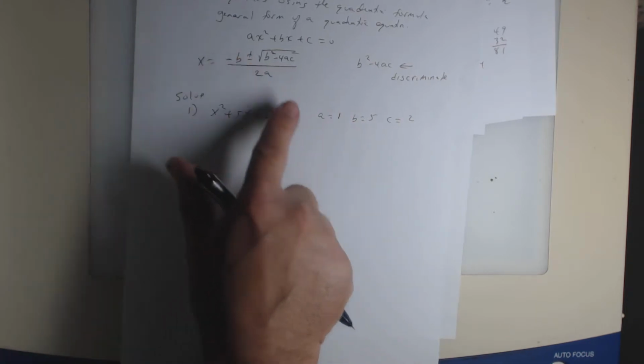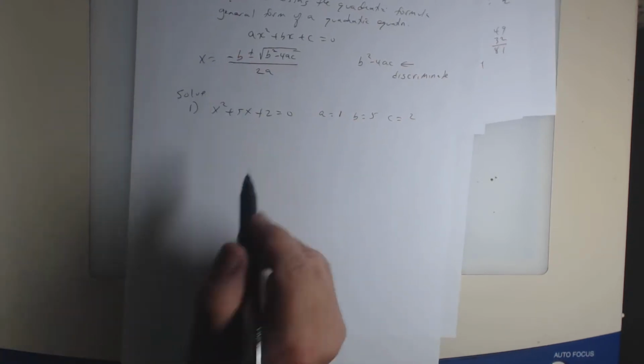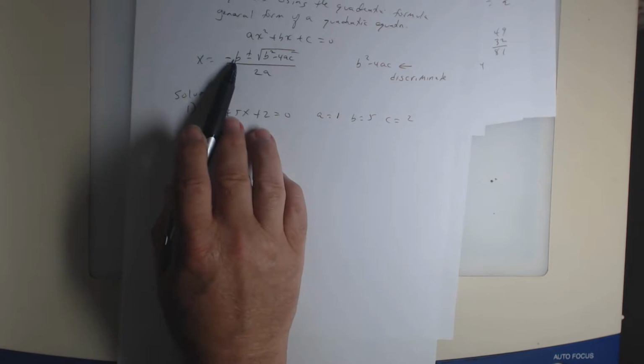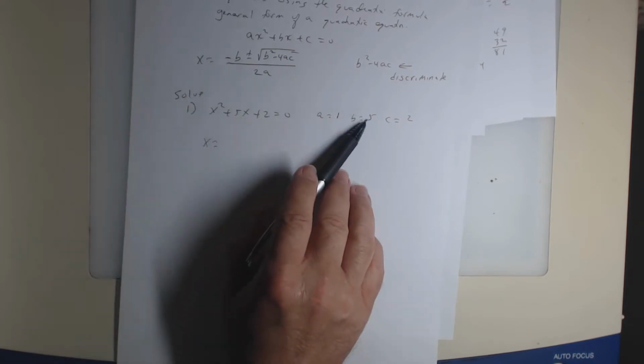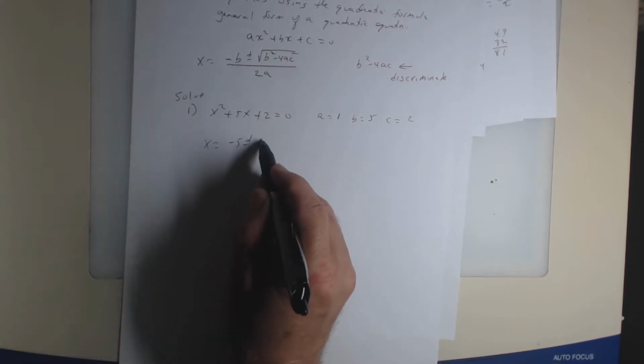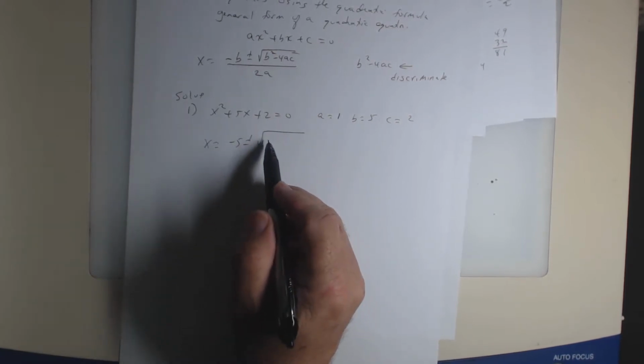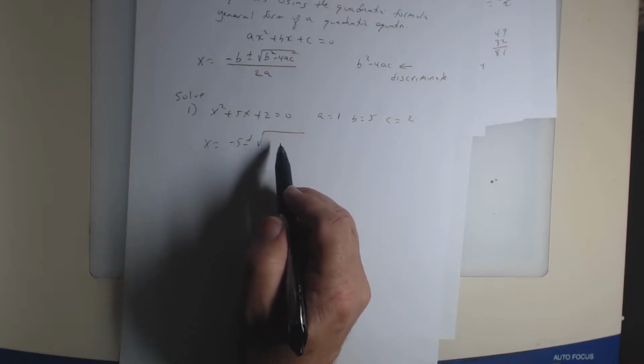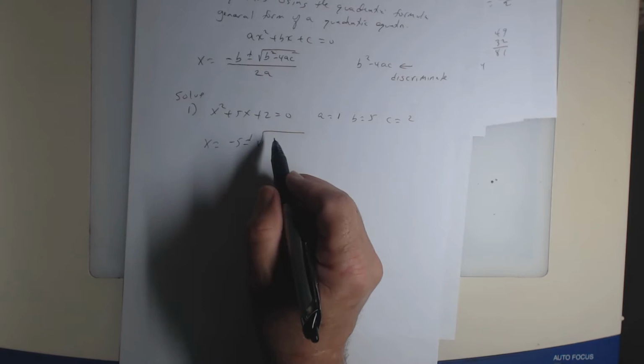So then you just plug it back in. So here's what the quadratic formula says. x equals, this says I take the opposite of B. Well, B is 5. What's the opposite of 5? Negative 5. Plus or minus the square root of. Now with the rest of these, with the radicand, I would go ahead and enclose the A, B, and C in parentheses. So in other words, this